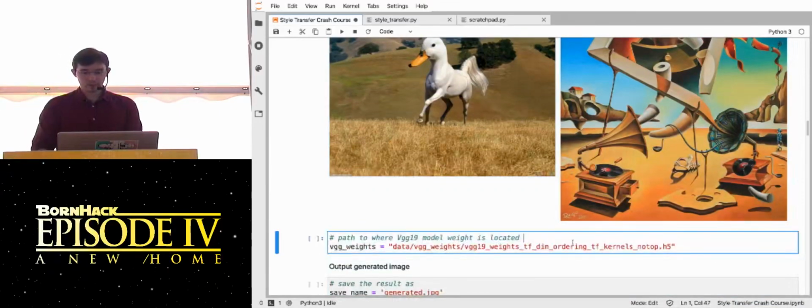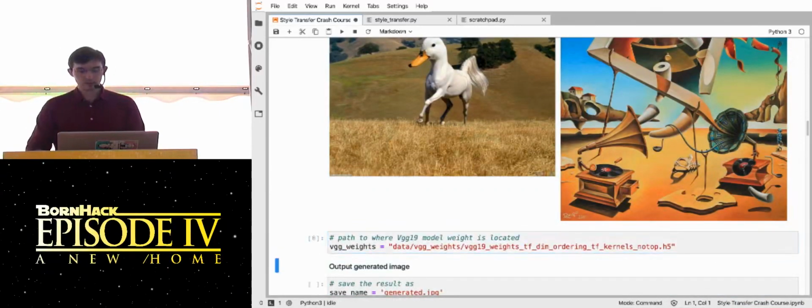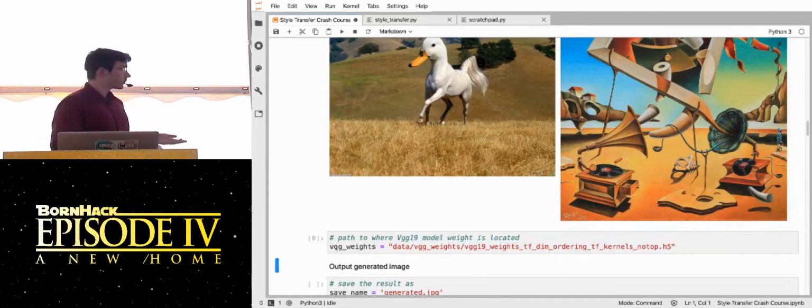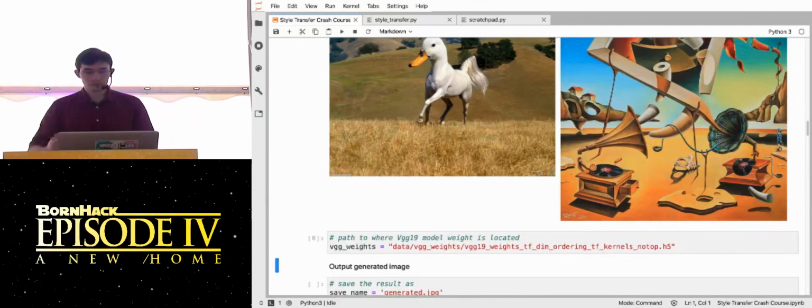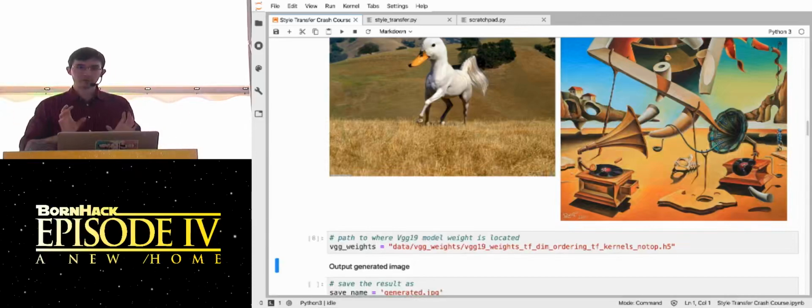We're going to be loading up the weights of a specific model that was trained to recognize what specific images are. There's a competition in machine learning called ImageNet, and this is a model that won it a couple of years ago. It's often used because it's fairly simple. We need it because, remember those panels I showed you of edges and patterns and then objects? That knowledge is encoded in that model now, and we can actually use it in a clever way.